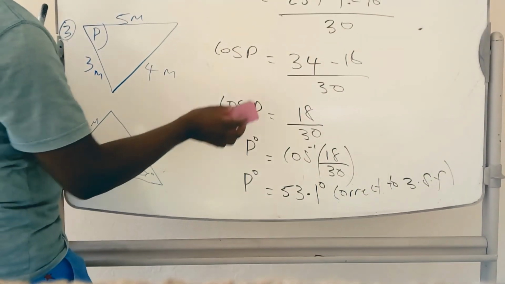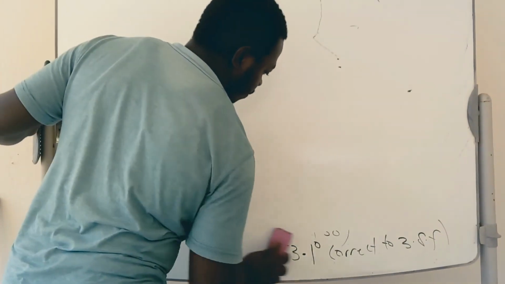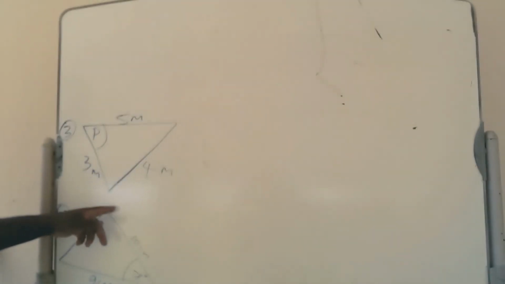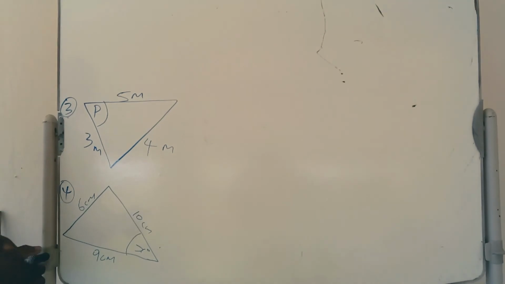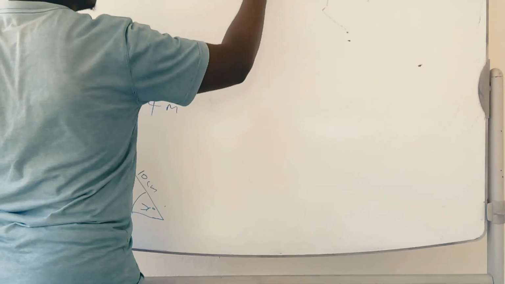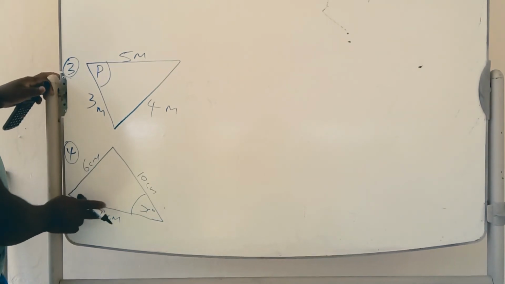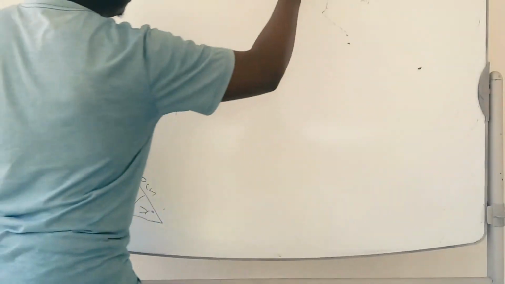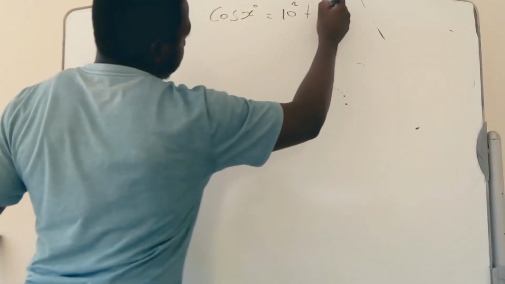So let's look at our final example. Our final example again, we are given the length of 3 sides, and an angle which is x degrees here. So we can say cos of x degrees is equal to the square of the two sides that the angle is between. So it's going to be 10 squared plus 9 squared,